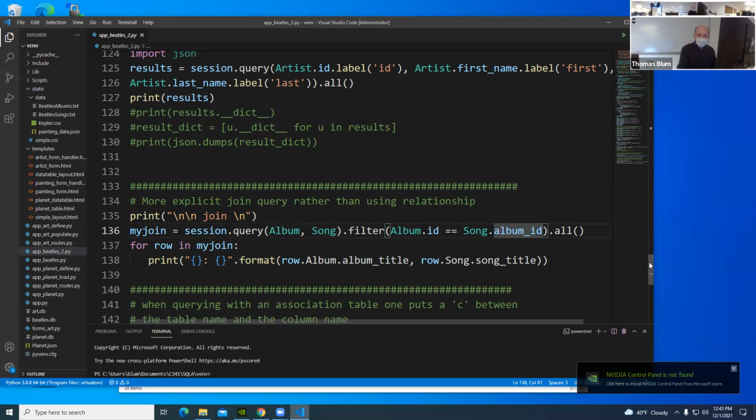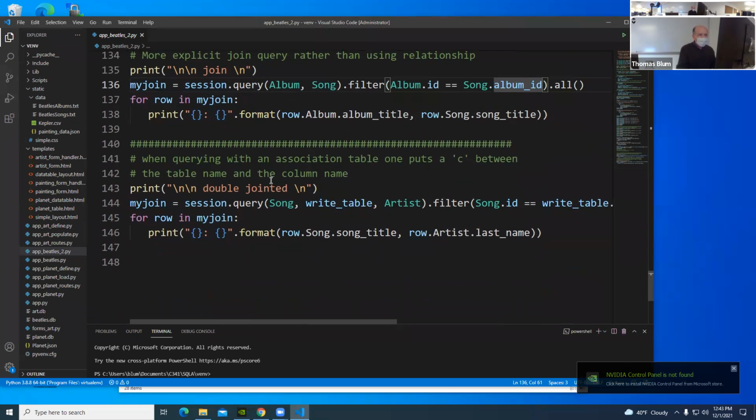And now here is the relationship between the song and the artist, which, because it's a many-to-many relationship, goes through that table. And so here I'm querying the song and the write table and the artist.